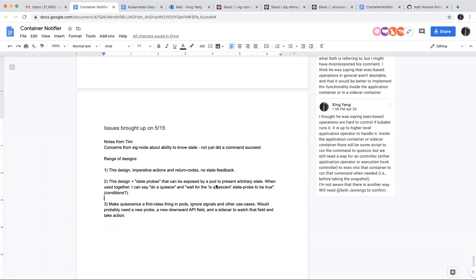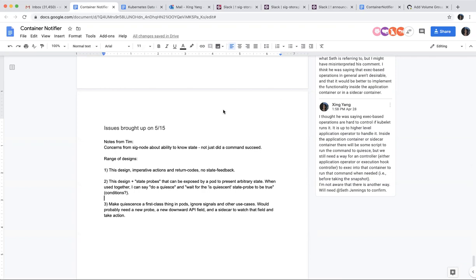One question from my side. Does SIG-Node see any use case with this execution hook or the container notifier, or is it just that the push is happening from the SIG Storage side? No, the proposal for this one pushes from the SIG-Node side, but then there are some concerns for our previous design, right? So there are many concerns. Right. But do they have any use cases defined from their end?